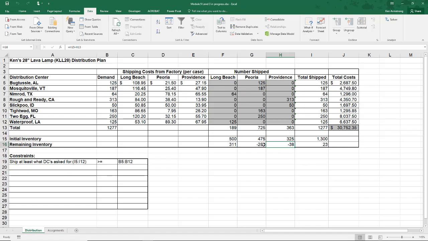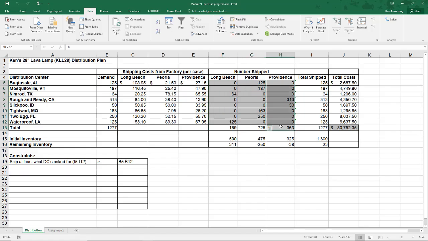See how some of these inventories down here are negative? Solver said that all these lamps have to come out of this factory because it's cheapest to do so. Problem is, that factory doesn't have that many. We know that when a factory ships all their available inventory, this cell down here should equal 0. So if all three of these cells equal 0, then we can say with confidence that each factory shipped out all that they had to ship.